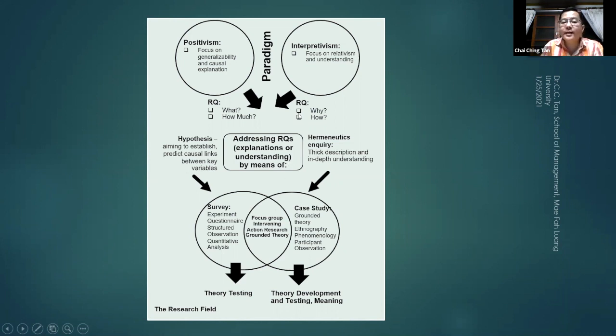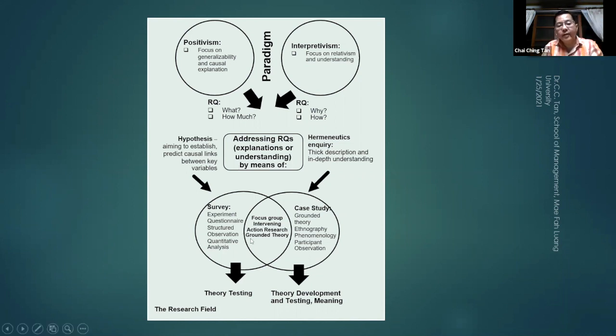So you can answer your research questions of why and how by case studies, focus groups, intervening action research or grounded theory, or you can answer the questions of what and how much by survey, experiments, questionnaire, structured observations, quantitative analysis, or focus group, intervening action research or grounded theory, or to some aspect case study. So it can also be used to look at the what and how much. And